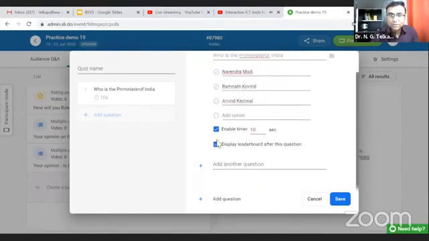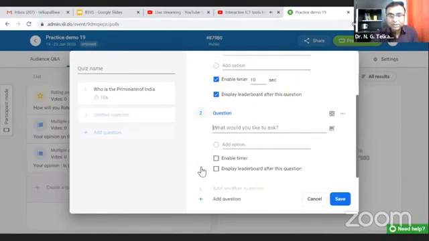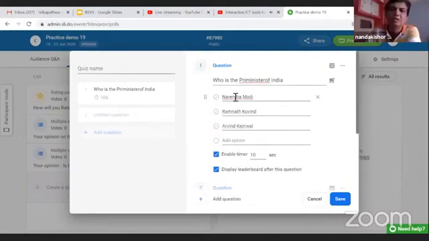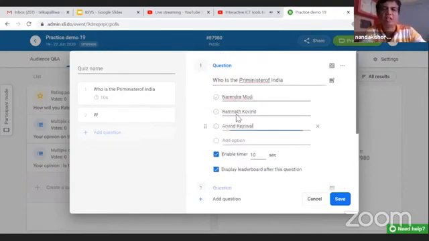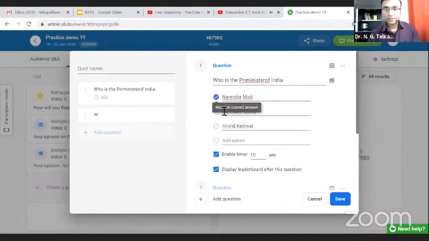So this is the first question. Just click on the second question here. This is question number 1. This is question 2. You can write anything. Suppose, are you hearing me? Here there is one more option. You have to add the correct answer here. That is the correct answer. Also, there is another option here.